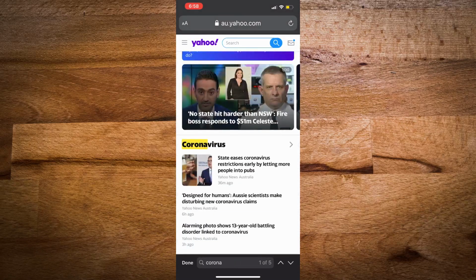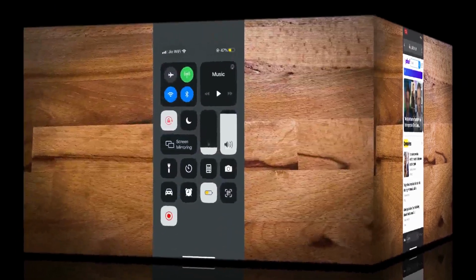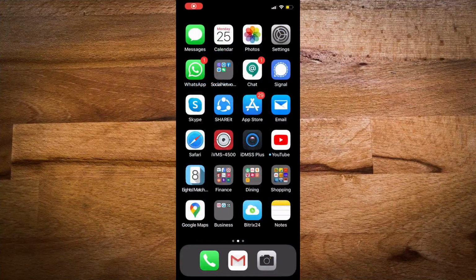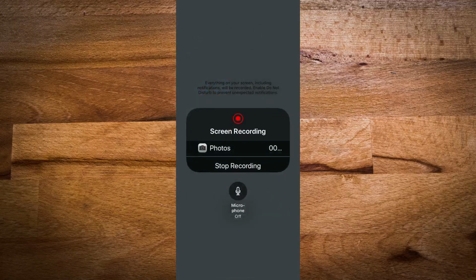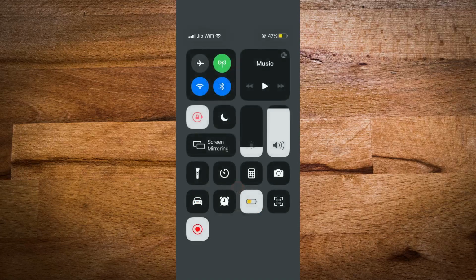We all know that there's a screen recorder available in iOS. You can activate it from the control center. It records the screen of your iPhone. But did you know that there's an option to record your voice as well? Long press on the screen recorder. You will be activating the microphone on and off. From there you can record your voice as well.